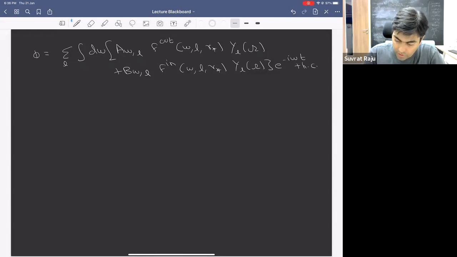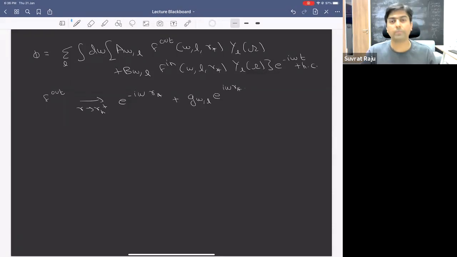Near the black hole horizon, as r goes to r_H plus, we find that this function f_out just looks like e^{-iωr_*} plus some factor which we call g_{ωL} times e^{iωr_*}. And we said that f_in had some other behavior, which we said was h_{ωL} times e to the,